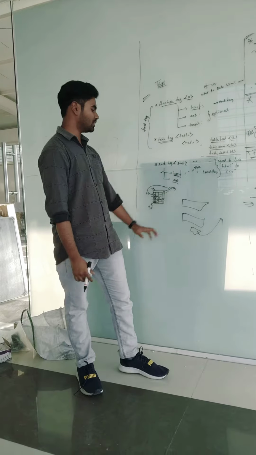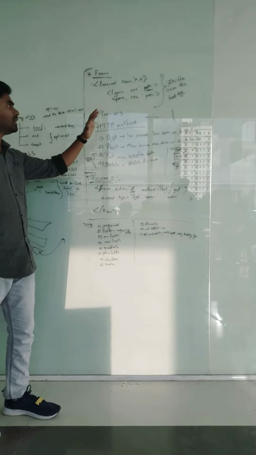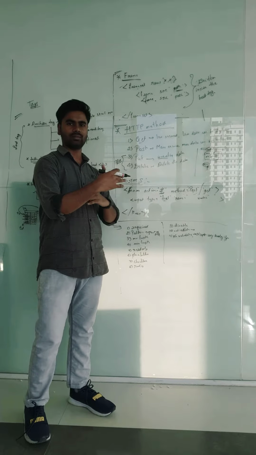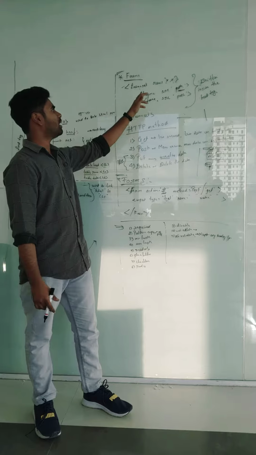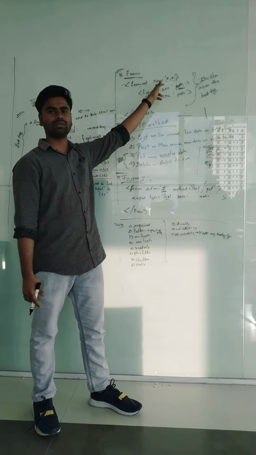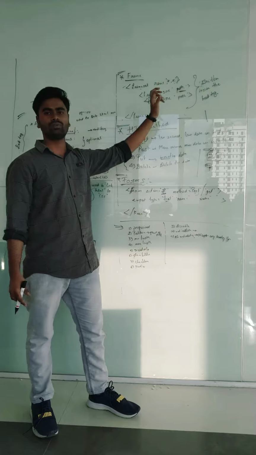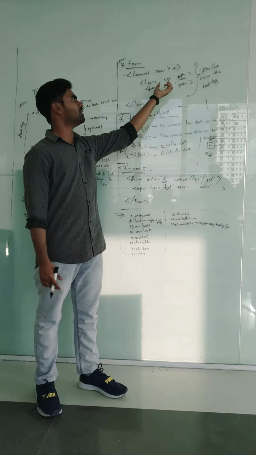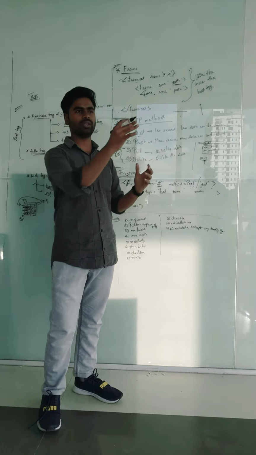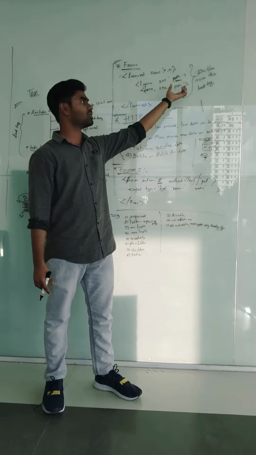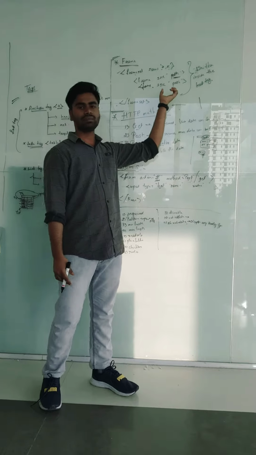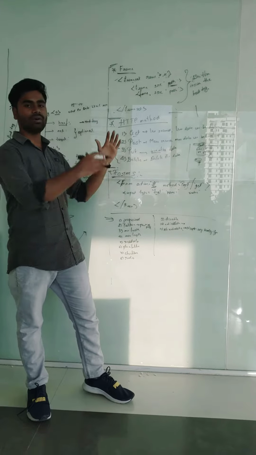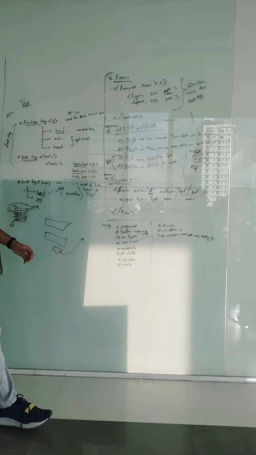It is mandatory. When it comes to the frame, it is easy to divide into two HTML parts. In frame, rows: if you want to divide it into two rows, you give rows. If you want to divide it into columns, you give columns. In this frame, we give the first HTML path, and in the second, we give the second HTML path. By giving these two paths, we can divide the HTML pages.